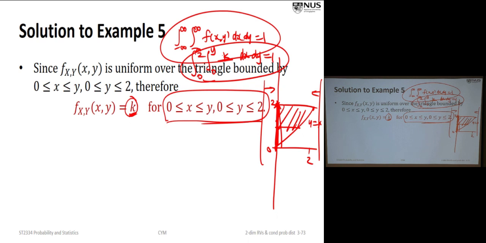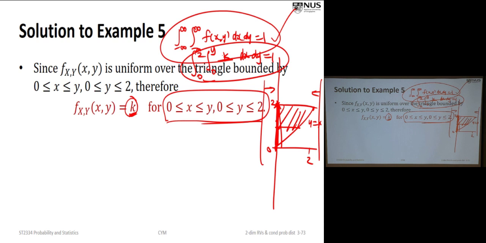All right? Let me repeat this. We need to solve an equation that involves k. How do we set up this equation? We make use of a well-known fact that the integral over x and y of the joint PDF has to be equal to 1, from -infinity to infinity for both x and y. That is the general truth. This is always true. But now the question is that you have to substitute the right thing. So we substitute the PDF, which is non-zero over this triangular region.